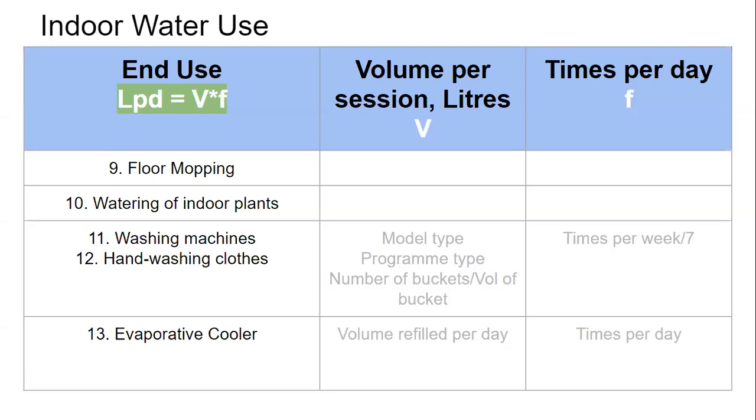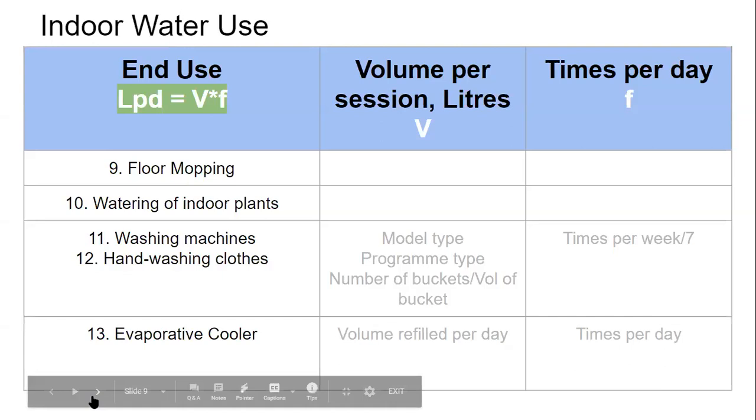Then some people may have indoor plants which they may water. So you ask how many liters you water in each watering session. How many watering sessions in a week? They'll say, well, we water 4 times a week. So you can note that. And for every watering session, they may say we use 2 liters, 5 liters or whatever. So you note that.